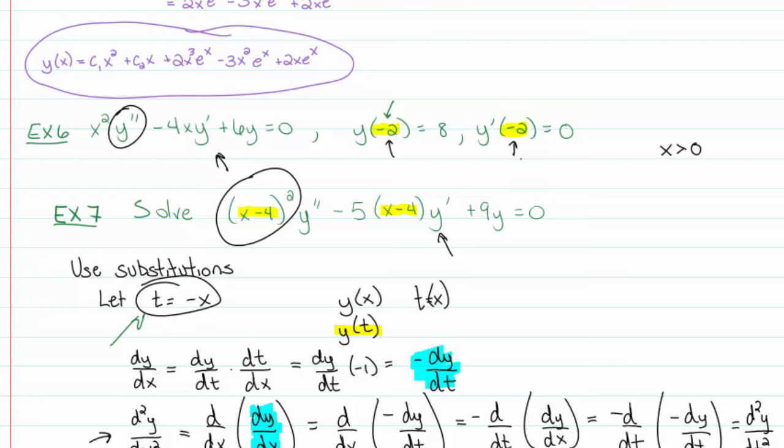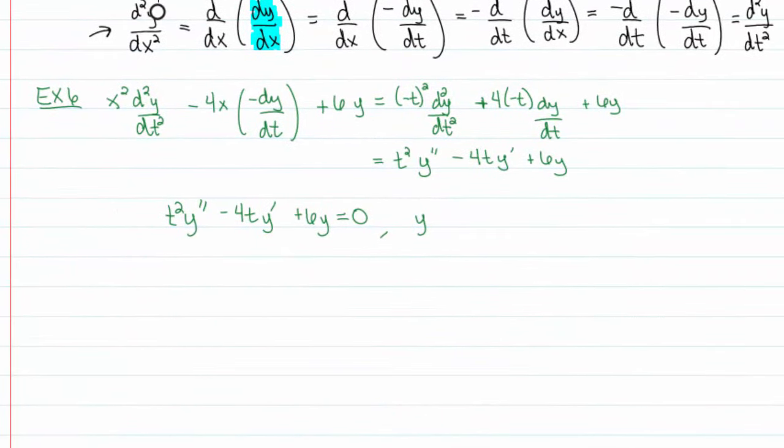Y prime of negative 2 will now be y prime of 2. So 2, 8, 2, 0. So y of 2 is equal to 8. Y prime at 2 is equal to 0. And then you would solve that differential equation. However, when you get to the end, dot, dot, dot,